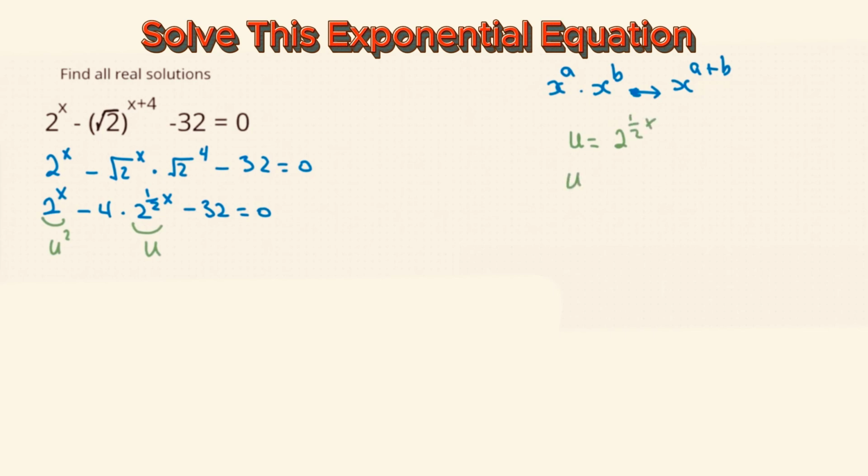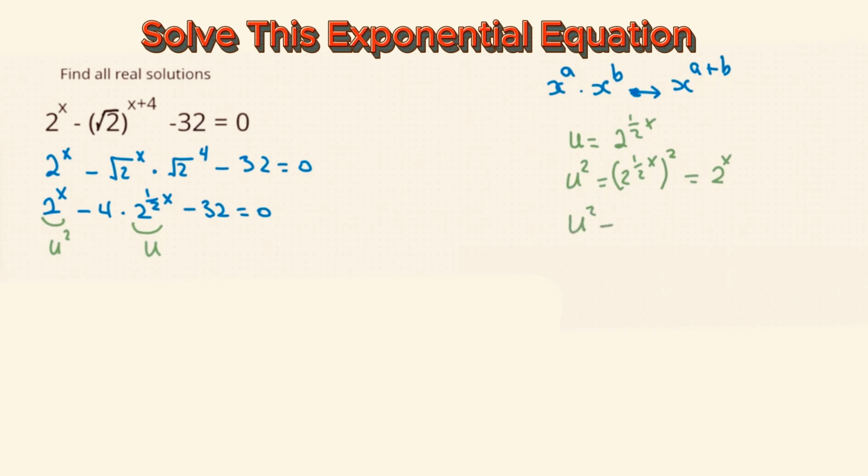And u squared would be, if we square this and write it as 2 to the power of 1/2 x squared, we know when we have a power outside of the brackets, we multiply it into the power inside the bracket. So 2 times 1/2, that's just 1, and that's going to end up giving us 2 to the power of x, which is exactly that. And therefore, we could take this and change it to u squared